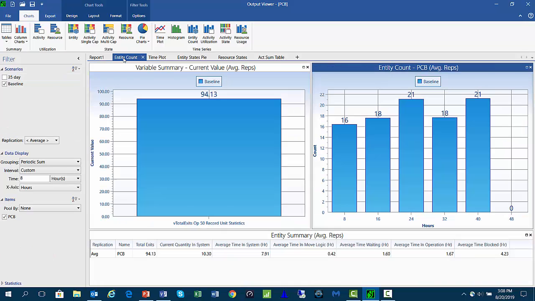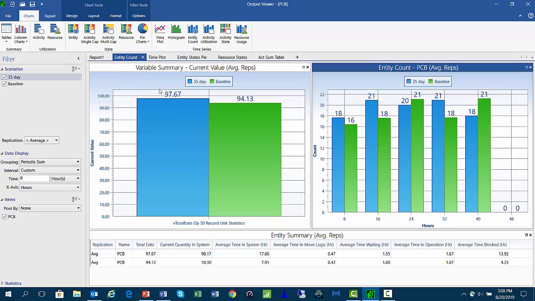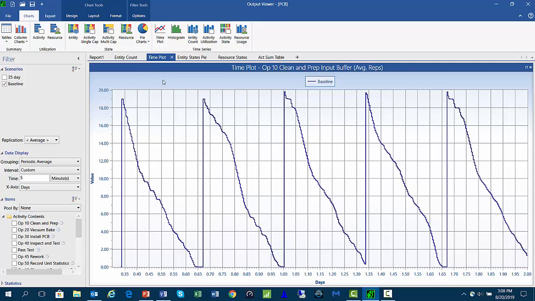Let's look at the entity count report. Before we were averaging around 94 per week, and now we're only averaging 97 to 98 per week. We can see here the output for each 8-hour day. So there's not a whole lot of difference. So what's going on? Let's look at our time plot once again for the Operation 10 Clean and Prep Input